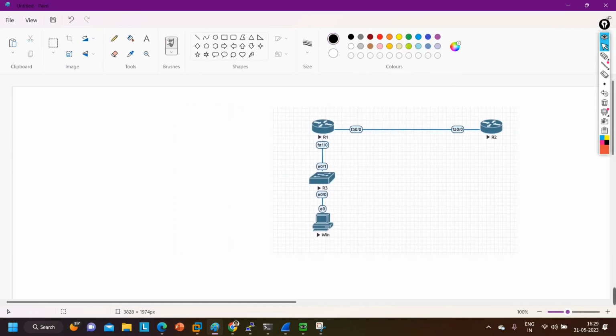This is my topology. Okay. When we enable IPv6 routing on router number 1, the router will send what? RA. In the RA there will be some information, like there will be information about